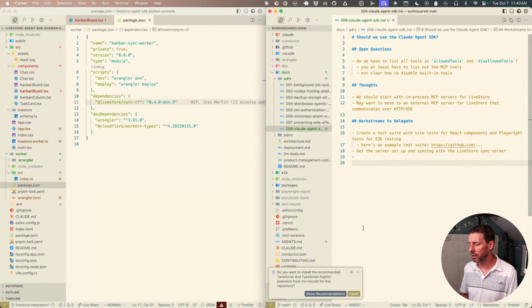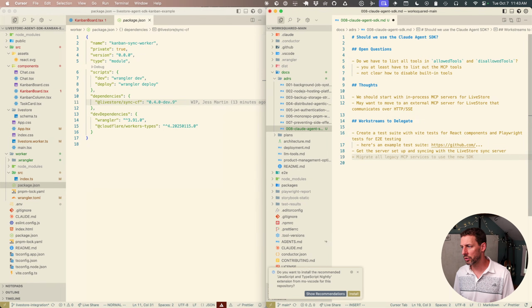Once we have the client, the sync server, and the server set up and running, then the next thing will be getting the Claude Agent SDK running on the sync server. So unfortunately, these two things are sequential. So get the server set up and running, and then